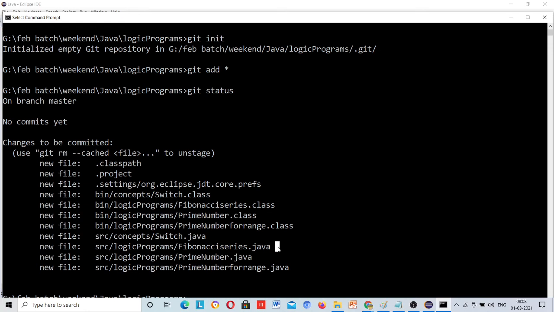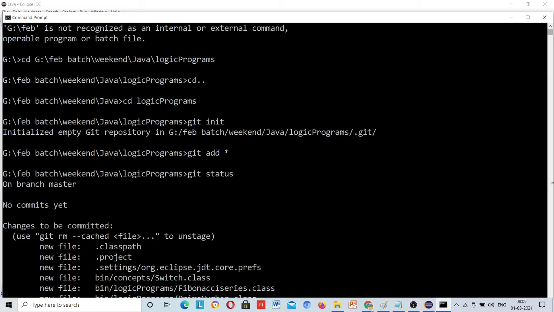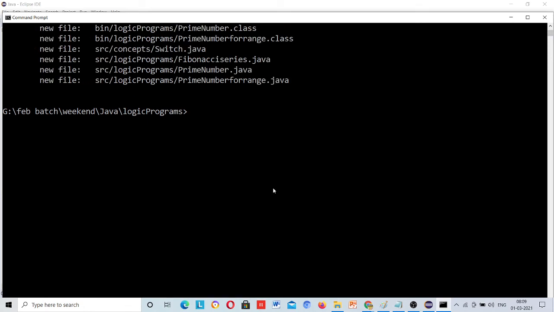After that there is a command: git commit -m "logic programs first commit". This is the message; you can give any message here.